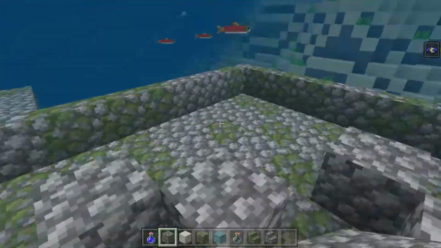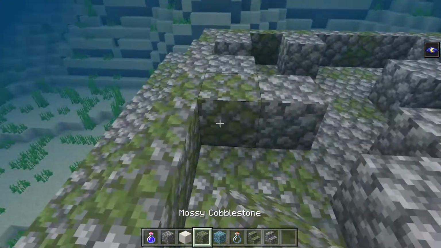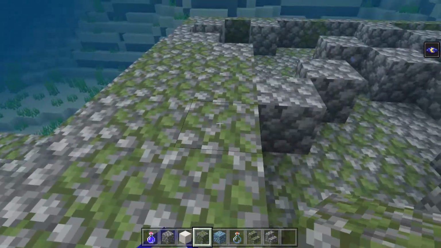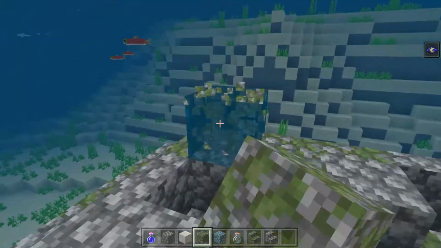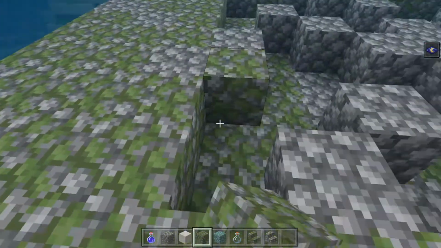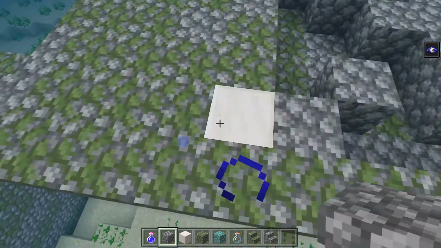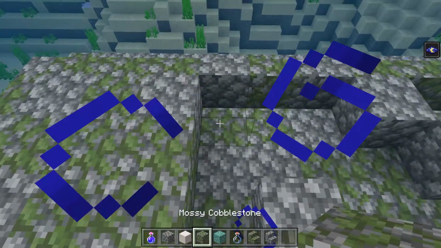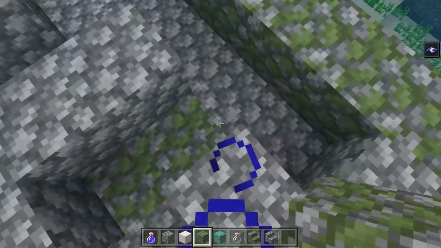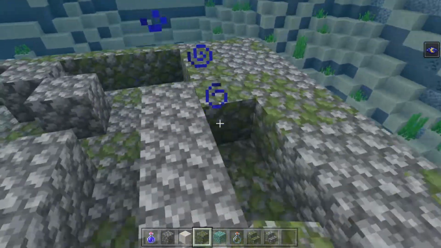I'm just adding in loads everywhere, hoping that that's going to be good. I think there should be more mossy cobblestone. There should actually be an equal amount of it, because if there isn't, it's going to look a bit odd. Oh, that's weird. Putting in just quartz in the middle of this. I don't really think that that's going to actually fit